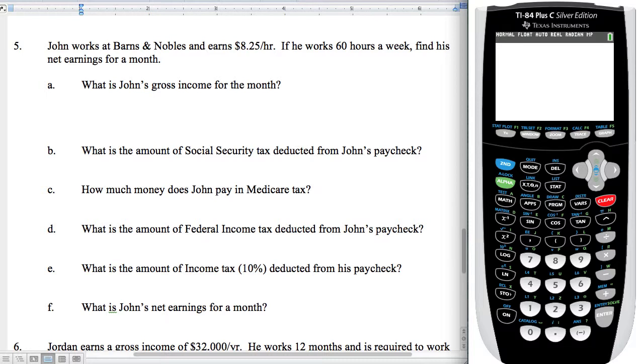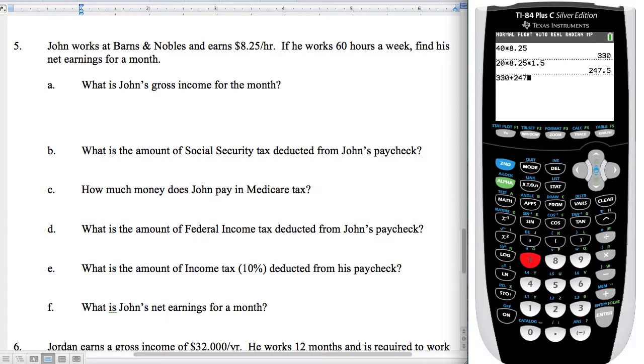We know that he works 60 hours a week. 40 of those hours are regular. So that's going to be 40 times his hourly rate. Then he has 60 minus 40, 20 hours that are overtime. So we take those 20 hours times his rate times time and a half. And that gives us